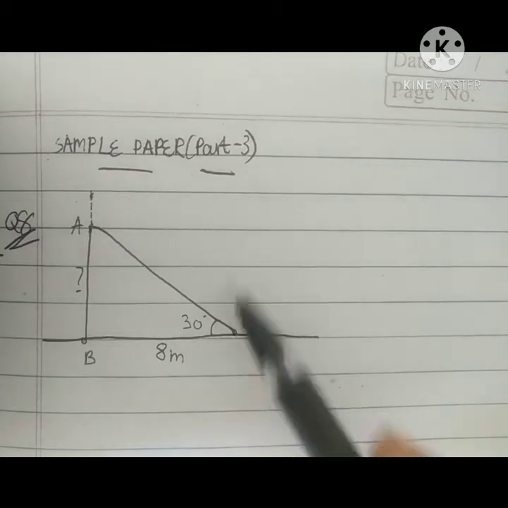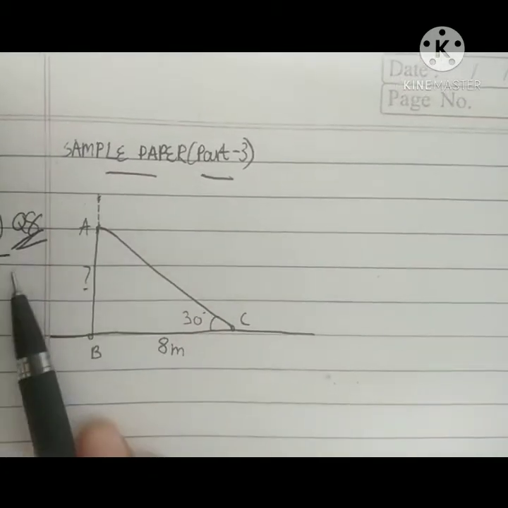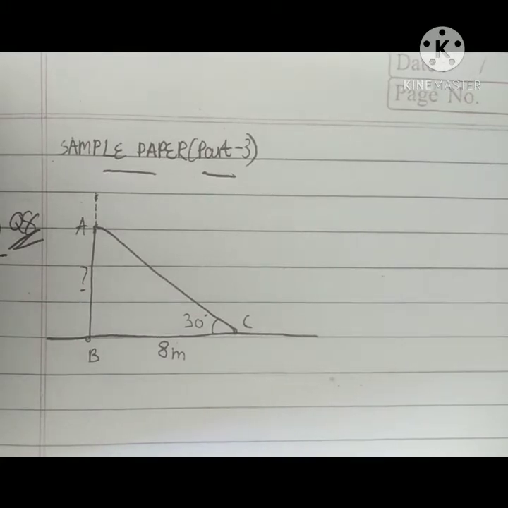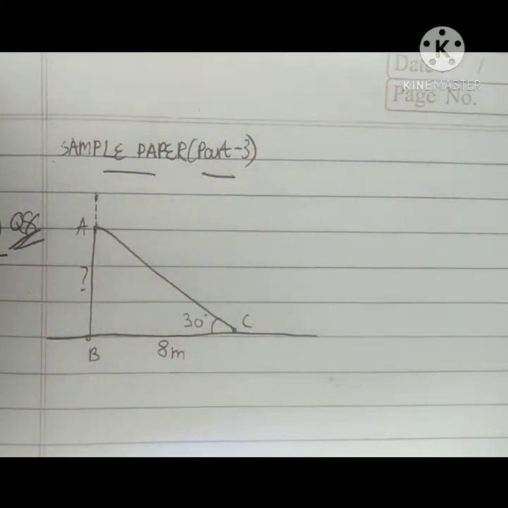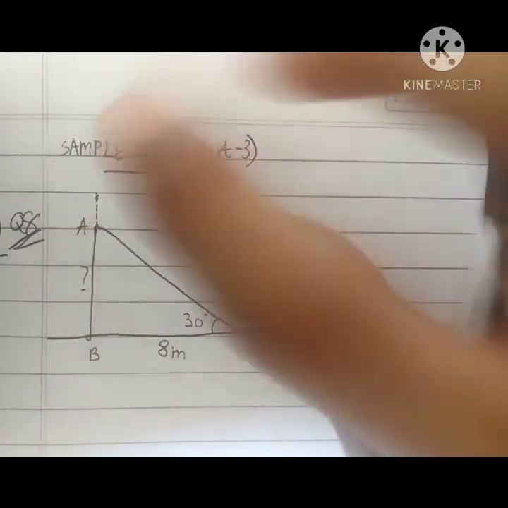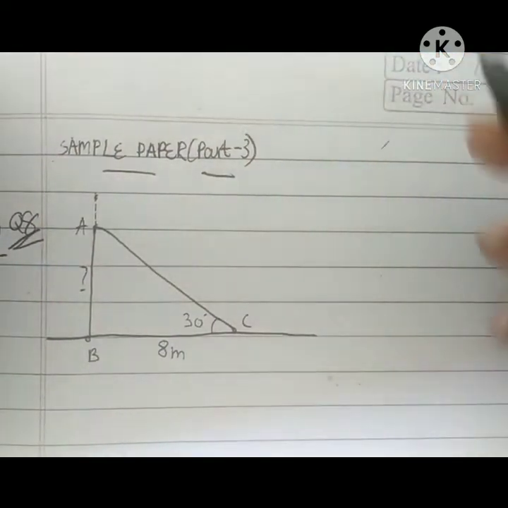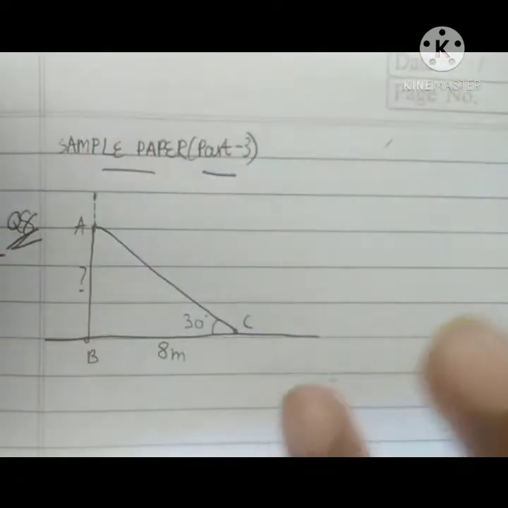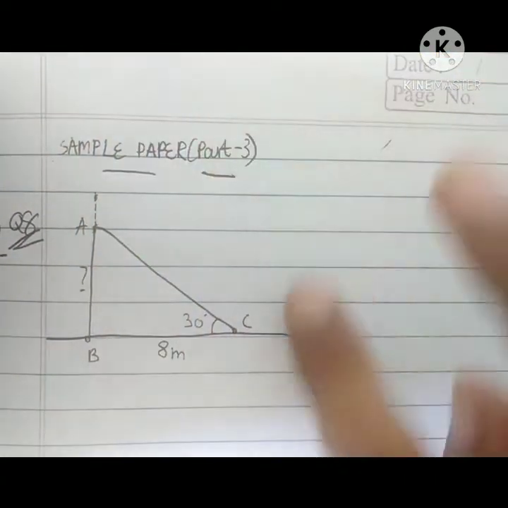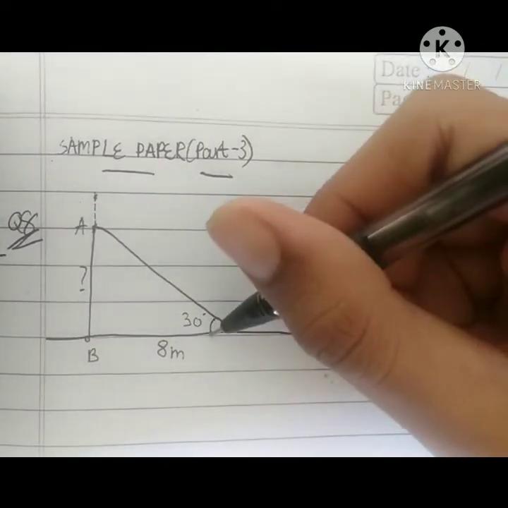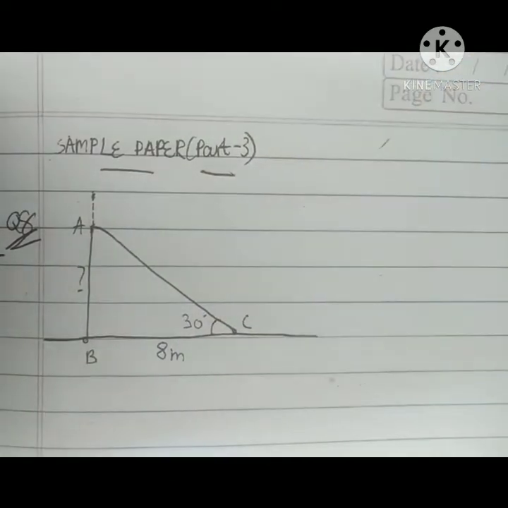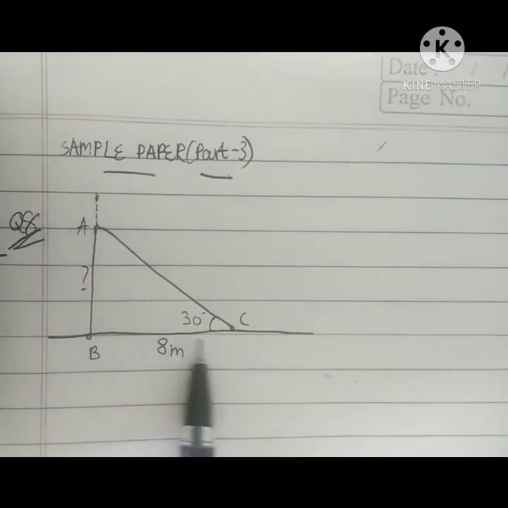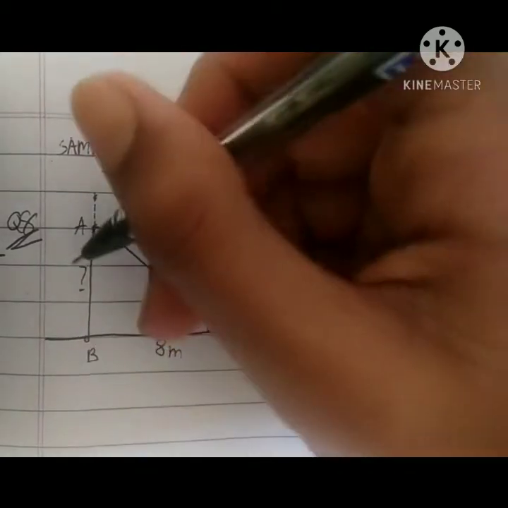So now this is question 8 of class 10 chapter 9. Okay, it's about application of trigonometry. So here the question basically means that there was a tree like this, and due to a heavy storm it broke down. The broken part, the top of the tree, made an angle of 30 degrees to the ground, and the distance from the foot of the tree to this point is given to be 8 meters. So I have to find what is the height of the tree.